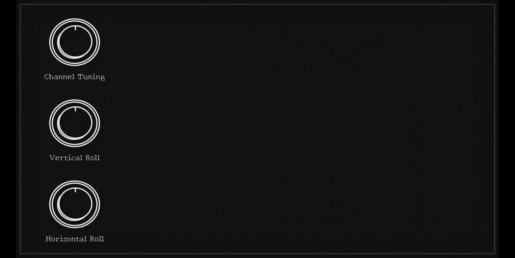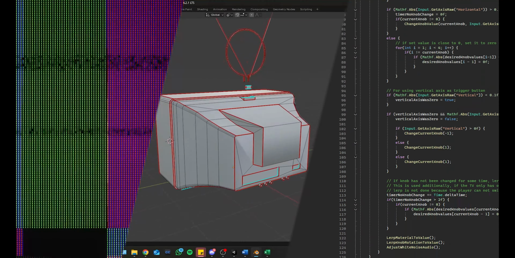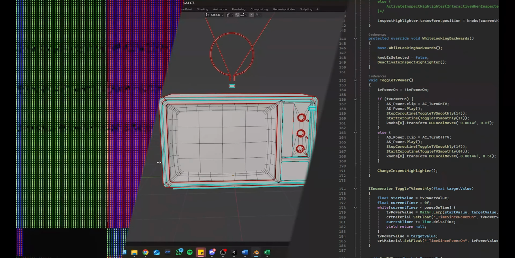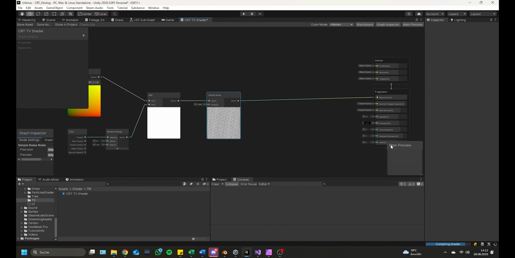To realize the CRT puzzle, I needed to work on 3 points: the shader effect, the CRT model, and the coding of the interaction. Before touching the last 2, I started with the shader, just to find out if the mechanic was actually entertaining. When I started working on the shader, I made a list of all needed visual components